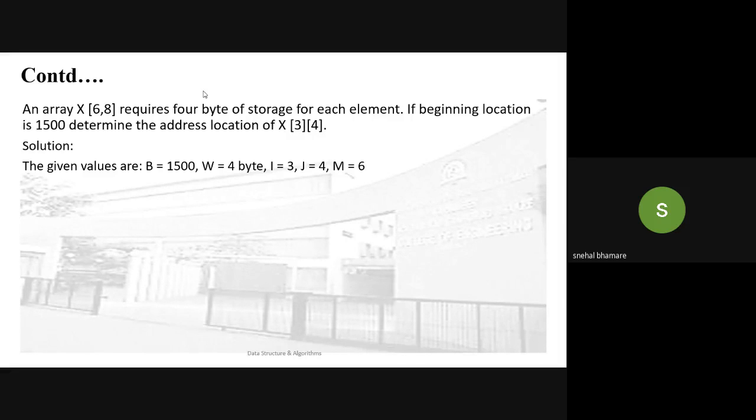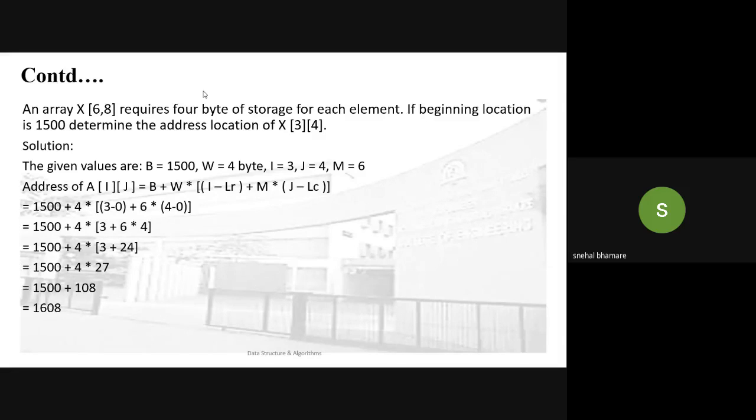So we got the answers. We'll check whether they are correct or not. Okay. Yes, it is 1608. Right. So everyone got how to calculate the address of any element in a given 2D matrix. It may be either using a row major or a column major. That you just have to check. Okay, fine. If you have any doubt up till now, you can ask the questions. Okay.